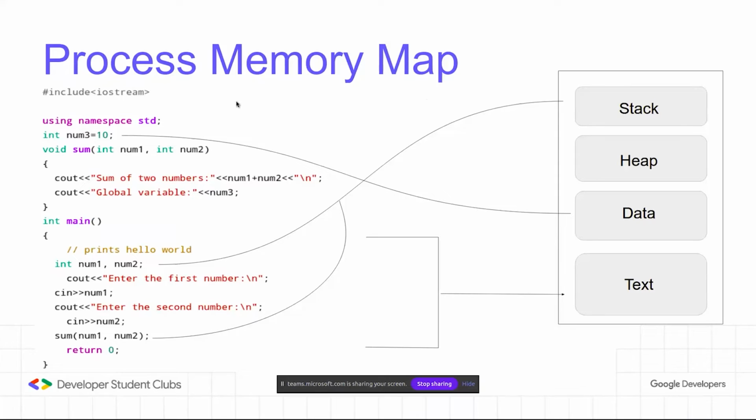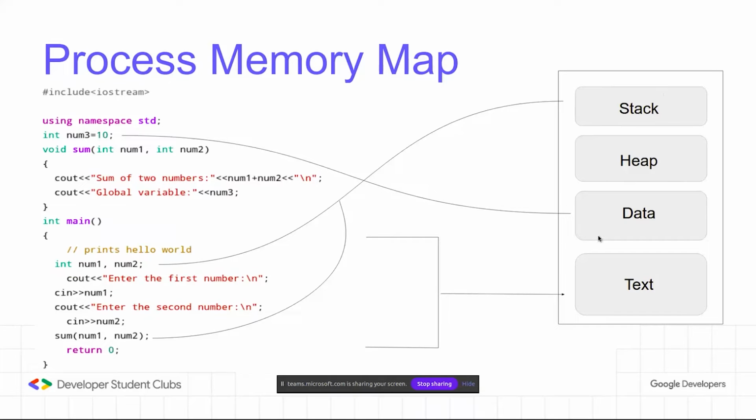The first section is the stack. In this area we mostly store the normal variables that we declare. Here, as you can see, the integers num1 and num2 are declared. In any other program too, all the integers, characters, or variables of whatever data type we have created will get stored in the stack section.